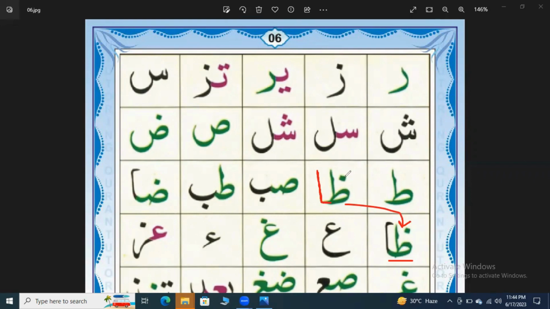Va has one dot on the top, and pa doesn't have. It has also one dot on the top. So it is va and this black one is alif. Together it is va alif. Next one is